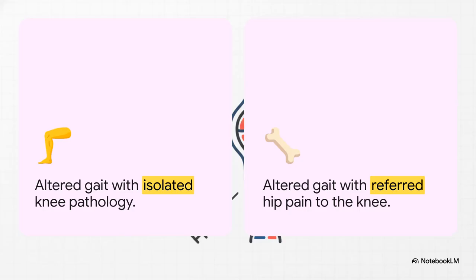And this brings us to a classic trap that catches literally so many clinicians off guard. Knee pain in an adolescent is very often referred pain from a devastating hip pathology like SCFE. An altered gait with isolated knee pathology might point to something like Osgood-Schlatter, sure. But the moment you see external hip rotation coupled with thigh pain, your diagnostic focus must shift entirely to the